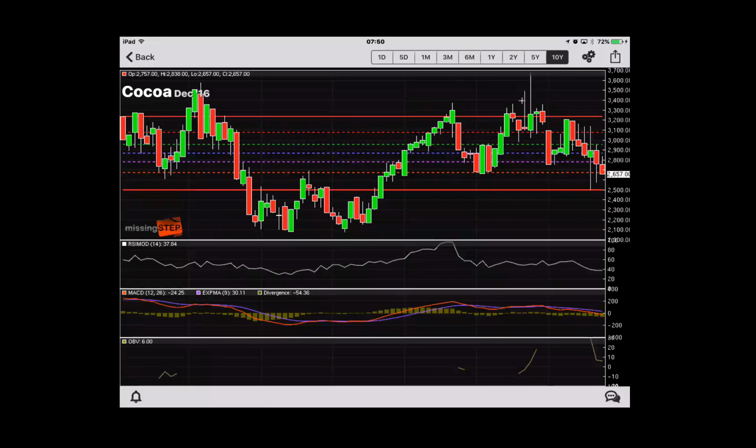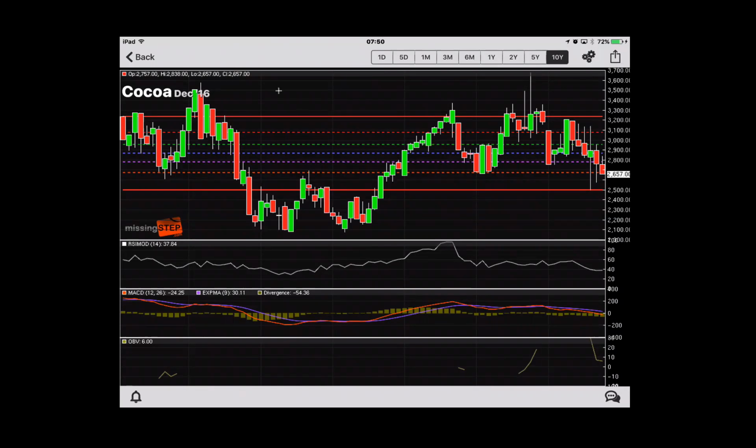Basically, nice wicks here on this pattern. That was a good sign that things were coming to an end, but I expect cocoa to continue lower. It can drop. This can go under 1,000. So it has done that, I believe, back in the 90s. I remember playing cocoa back then. I remember hearing it going to a 9-year high